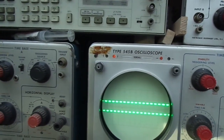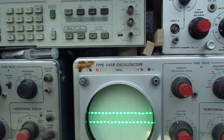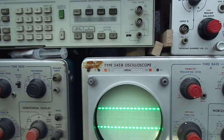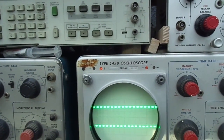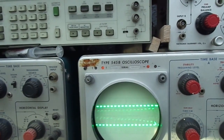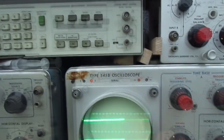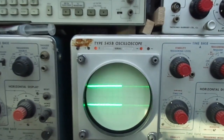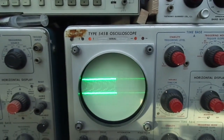We've got some sort of progress. Yes, we've got iffy controls, but as I said, it's been sitting for 60 odd years, or God knows how many years. So we're still not out of the woods yet, but we've got a trace. So at least we've got a trace on B. It's still not perfect, but